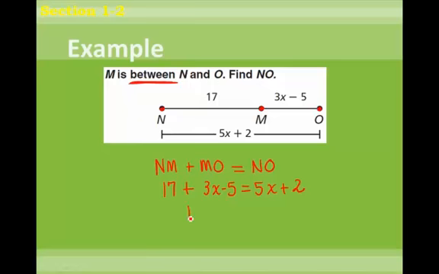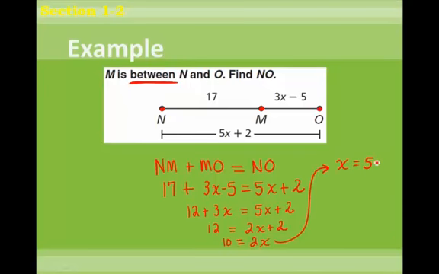The 17 minus 5 gives us 12 plus 3x equals 5x plus 2. If we subtract 3x from both sides, we get 12 equals 2x plus 2. If we subtract 2 from both sides, we get 10 equals 2x,